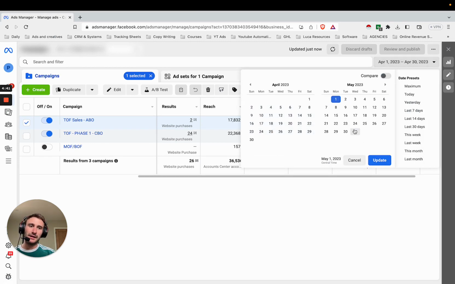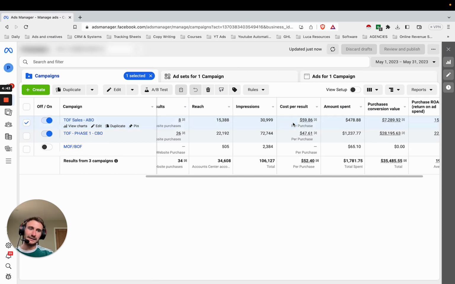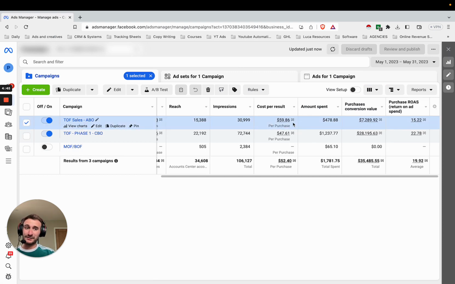So we can see into May, as we keep climbing up this testing ladder, now we're up to $1,700 with a $35,000 return. Even looking at it, it's insane. This is, again, very unique. But you can see here, my cost per acquisition has dropped even lower from the first testing month to the second,